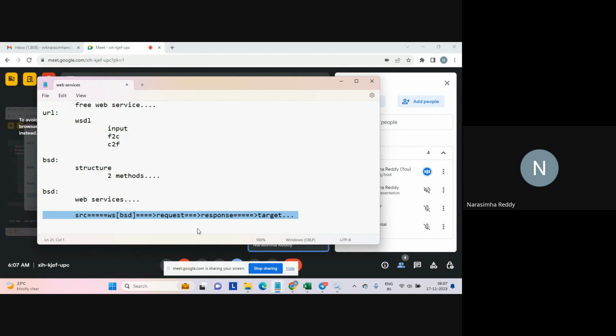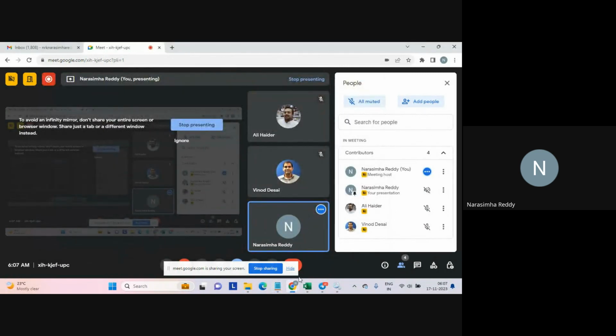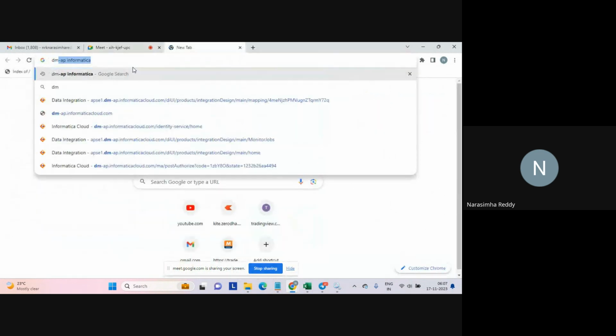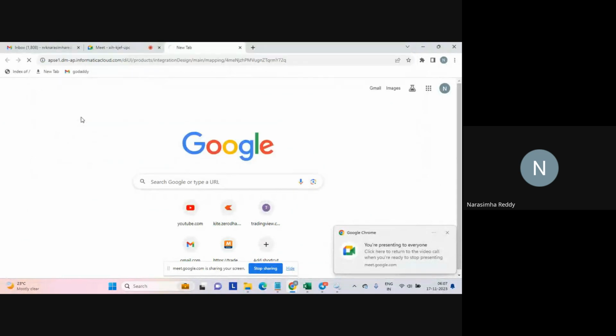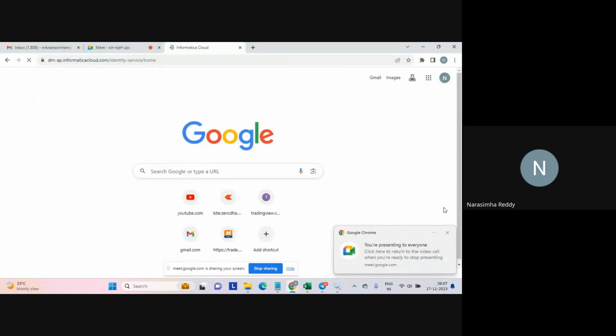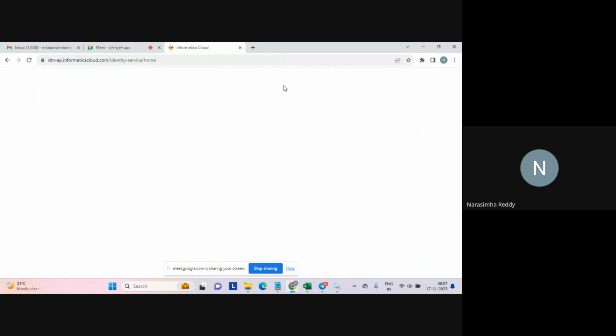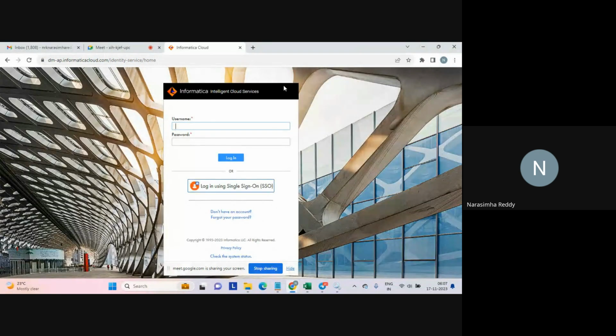So this way, we could get the functionality that we have from a third-party portal application. So this part was discussed. Right now, let us try to log on to the cloud and see how we are going to take care of